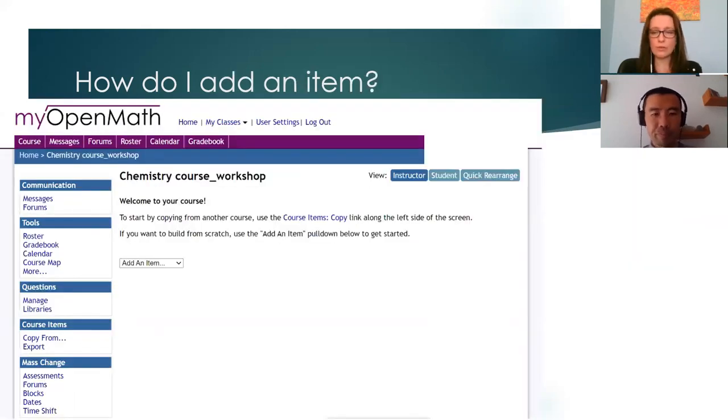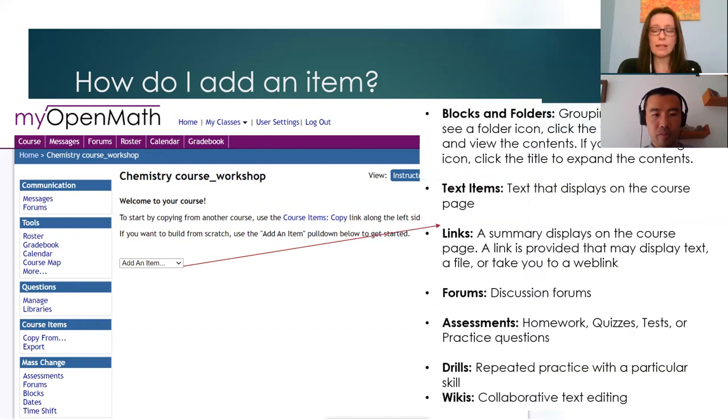If you decided to create your own, or if you want to modify what you have, what you see in your course is a button that says add an item. The item that you can add could be a folder, and within the folder you can store website links, some other text for students, or quizzes. You can add links to external resources. You can create homework, quizzes or exams like Professor Kevin mentioned earlier.